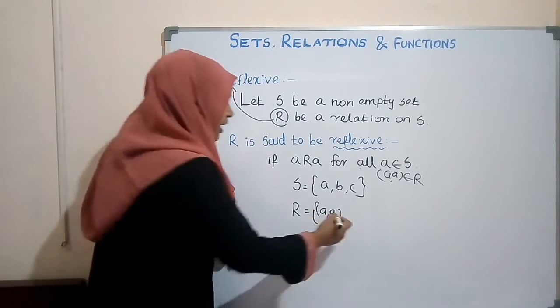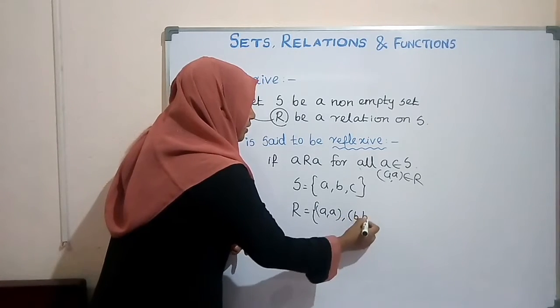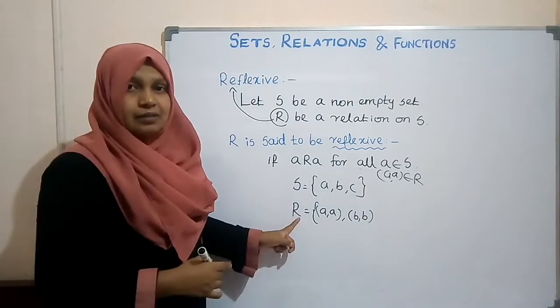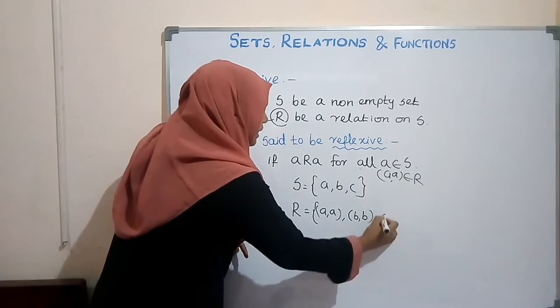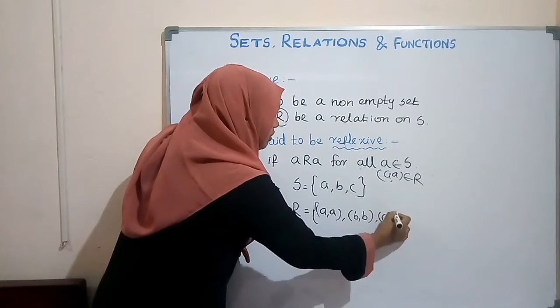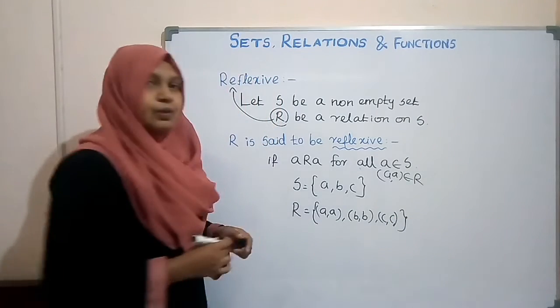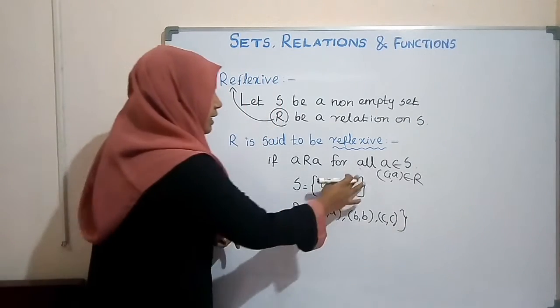Then we should have B comma B there in R. Okay. Similarly, C is there in S. Therefore, C comma C should also be there in R. Okay. Suppose D is there in S, means